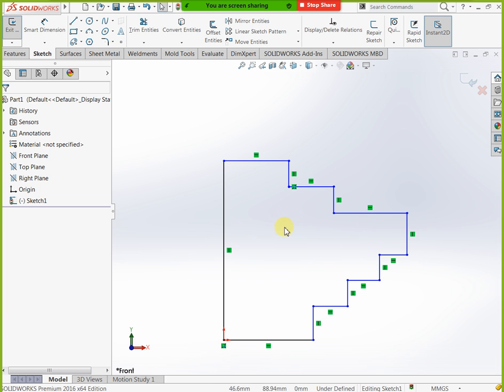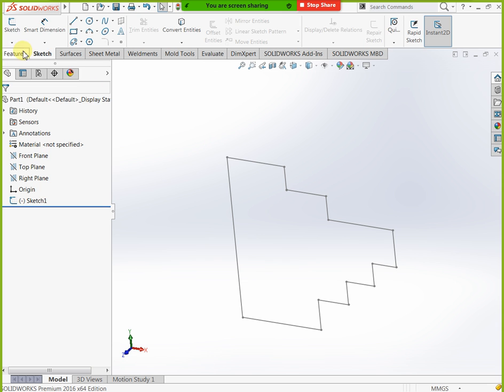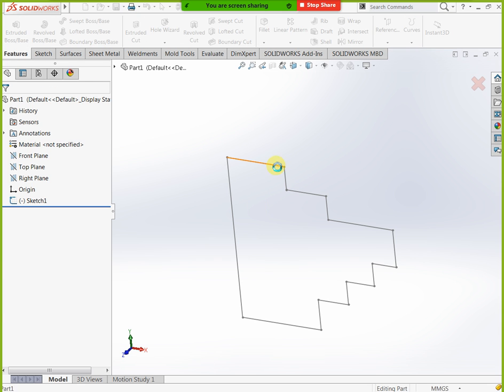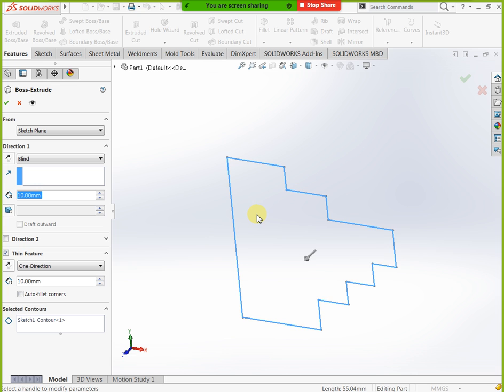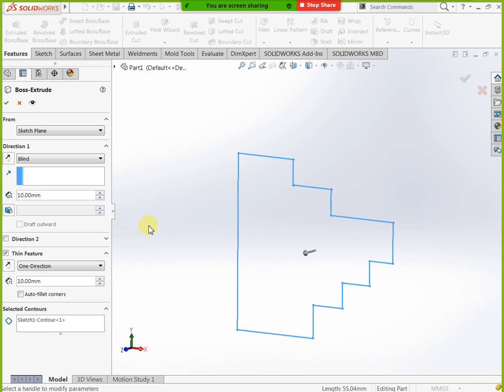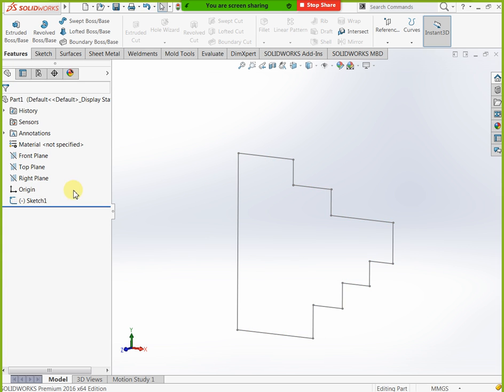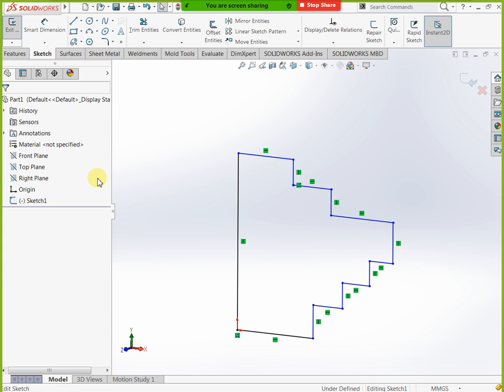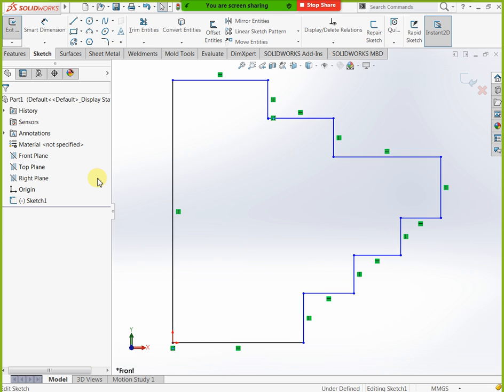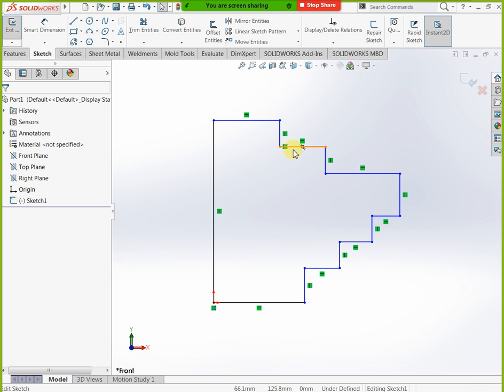Okay, in that condition, first of all we need to find out our opening area. How can we find out our opening area? In this sketch it looks completely closed, we don't have any opening based on visibility, but in the actual condition we have an opening here. How can we find out that opening? By using this repair sketch we need to find out our opening. Okay, how can we find out?